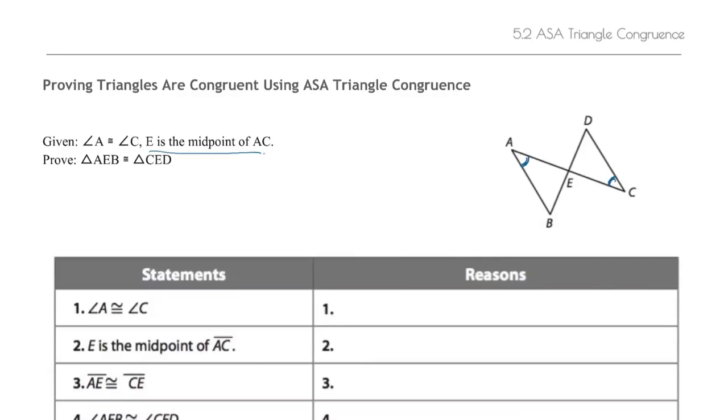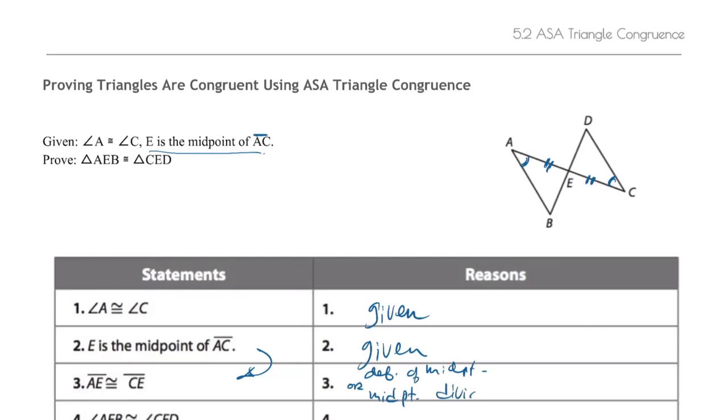What does that imply, guys? The midpoint divides the segment AC into two equal parts. That means that AE and EC are the same. Okay, let's write down the given information. Number one was given to us. Number two was given to us. But the consequence of number two was that segments AE and CE were congruent. That right there, guys, you could simply say is the definition of midpoint, or actually write out the definition of the midpoint, which is to say midpoint